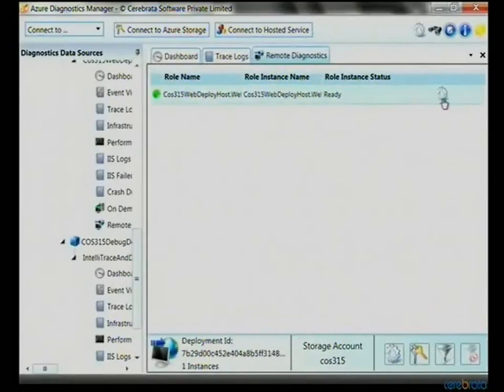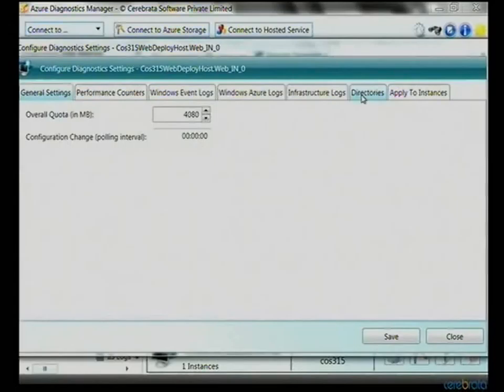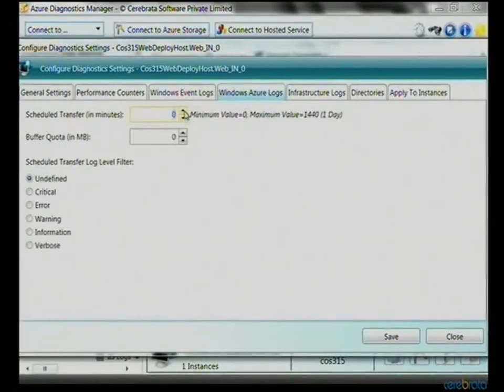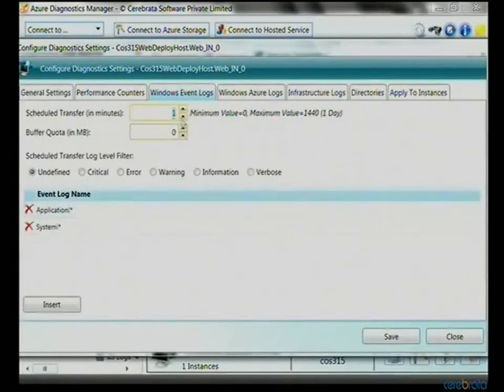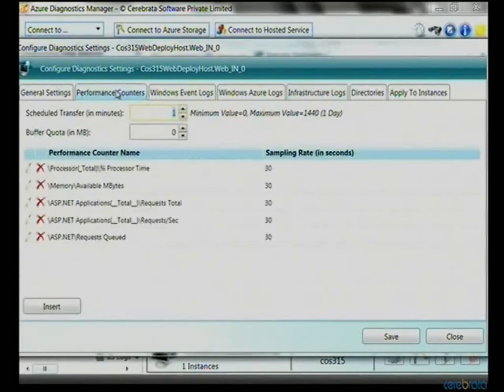and you can click on this Configure. You can go in over here and say, well, I'm interested in Windows Azure logs, verbose information, and if you want to add other things like Windows event logs, you can actually do that as well. You can start initiating infrastructure logs. You can go in and start adding performance counters as well. So it'll collect all that information for you. It is quite a handy tool for you to use.